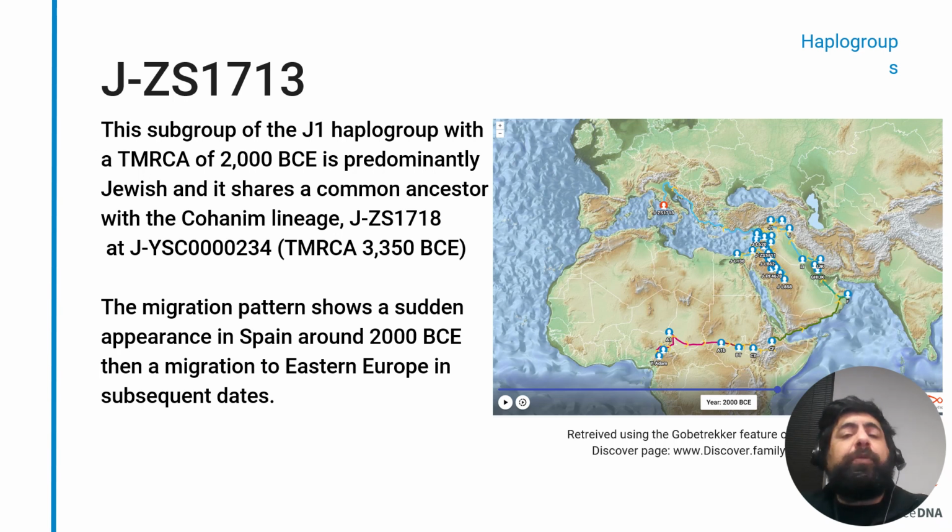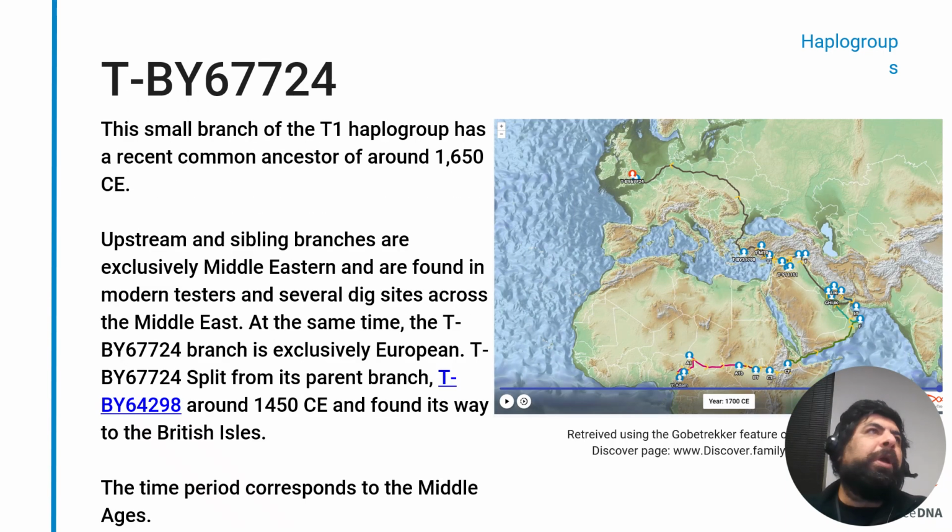It has roots in the Middle East, and it also shows a sudden appearance in Spain, roughly around the year 2000 before Common Era. However, this is the time to most recent common ancestor, and the diffusal or dispersal could be of a later date. Another example, and this one is way more recent, around the year 1650. It's a small branch under the T haplogroup, and it corresponds to the Middle Ages, so it could be any